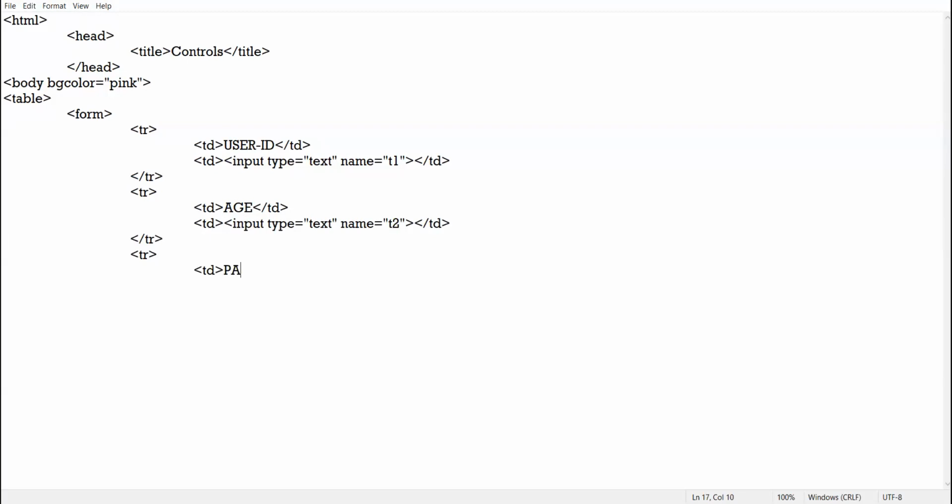Now in the third row, I create password TD, input type equal to password. When you want to create the password, the value of type attribute will be password.